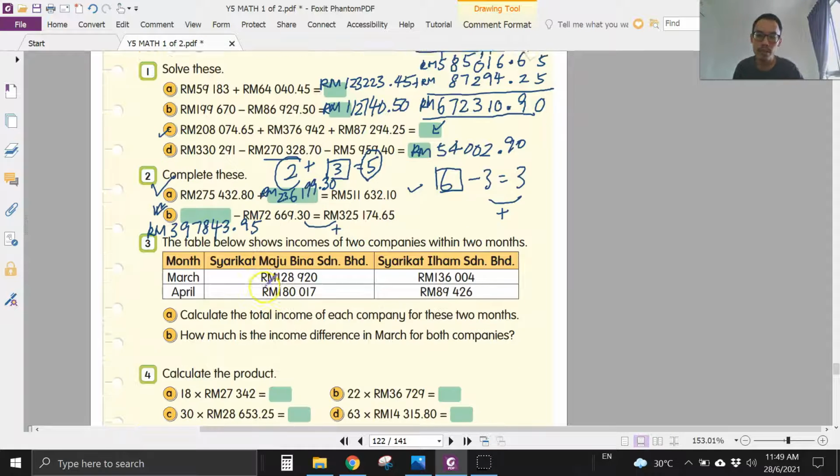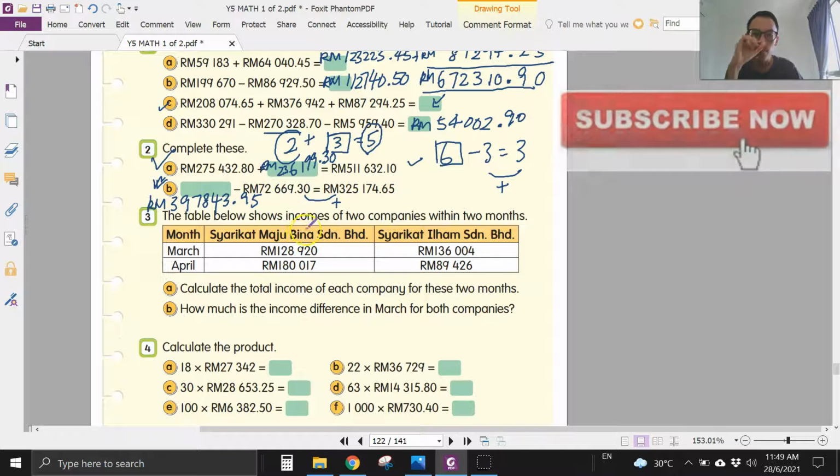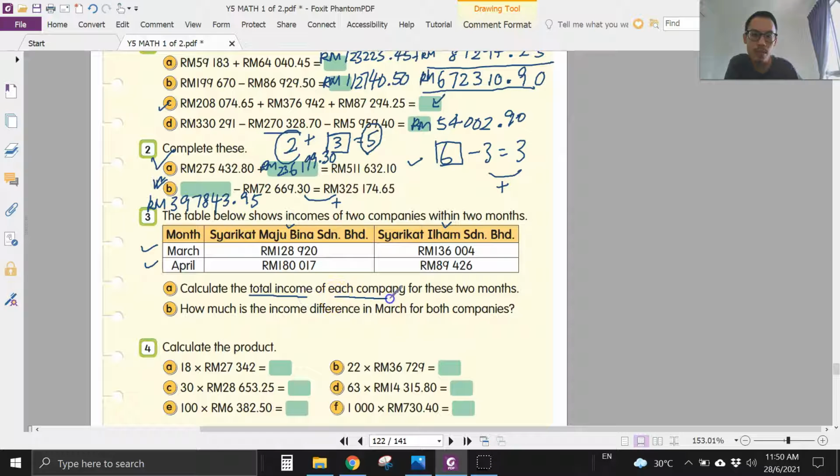Okay, for question C, the table below shows incomes of two companies. So we have Maju Bina and Ilham. This is March, this is April. Question A, calculate the total income of each company for 2 months. For each company, you just have to plus March and April for Maju Bina, plus March and April for Ilham. Okay, so I'll just plus for you